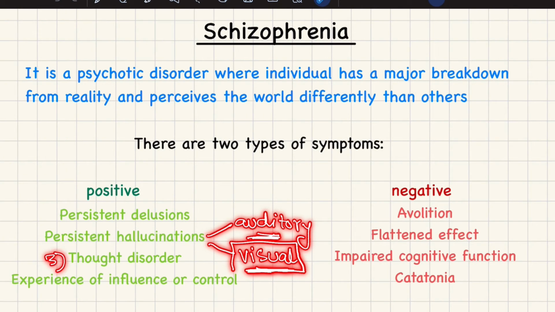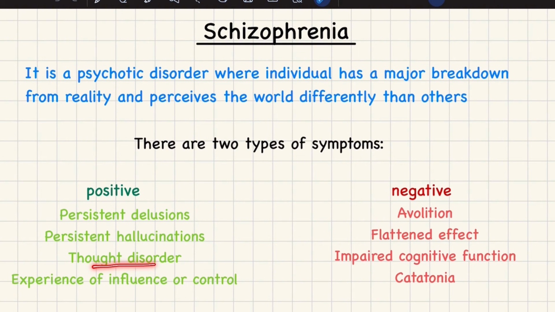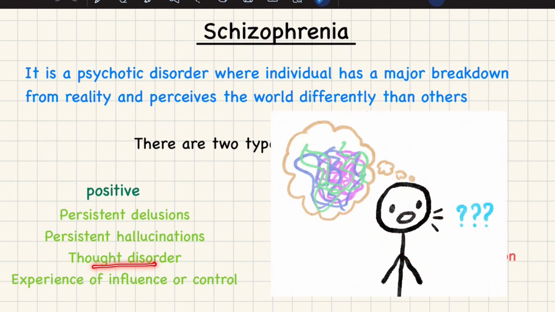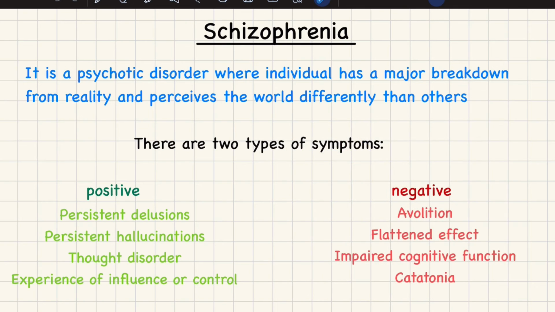Third is thought disorder. Thought disorder means that the individual cannot talk or think or speak in an organized manner. Their thought process is very disorganized. They might be talking about death and then suddenly about parties and then suddenly about the future, not completing what they were talking about. This is something that's also in ADHD, meaning switching between topics very quickly. It shows how disorganized the thinking process is, which leads to a disorganized way and manner of speaking.